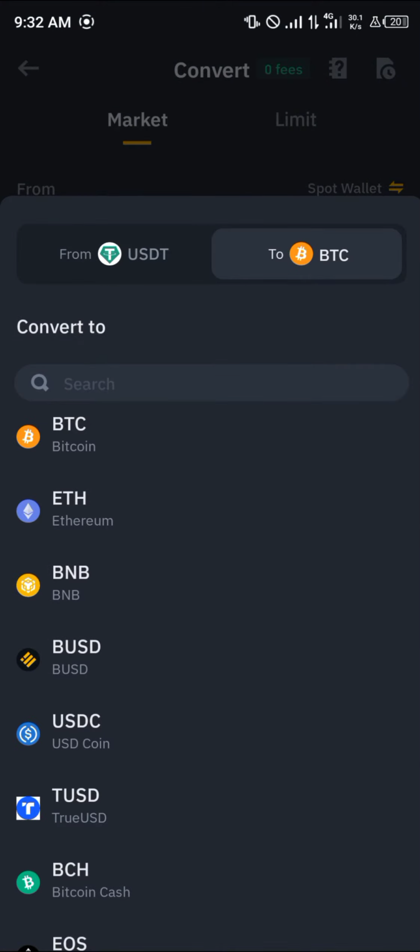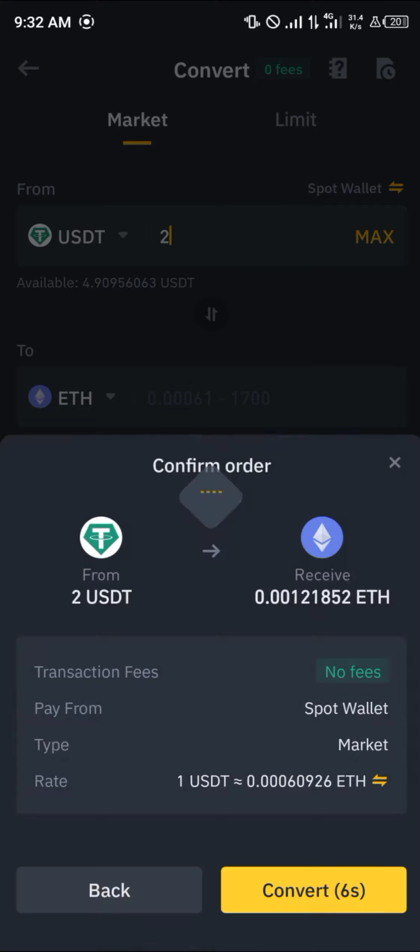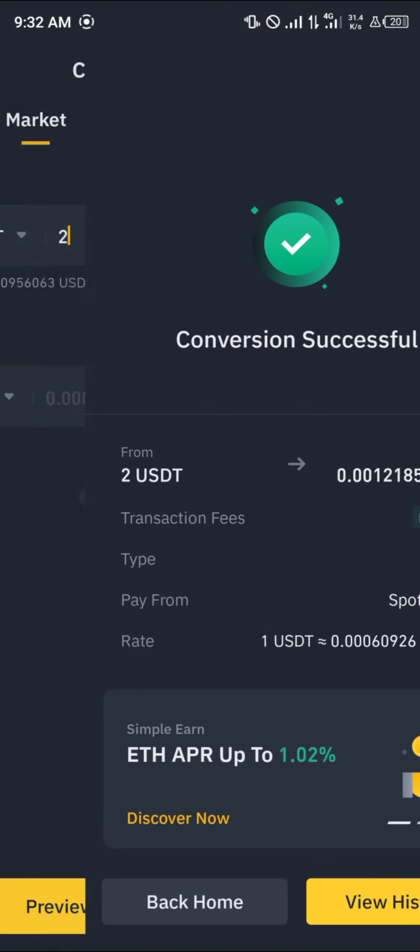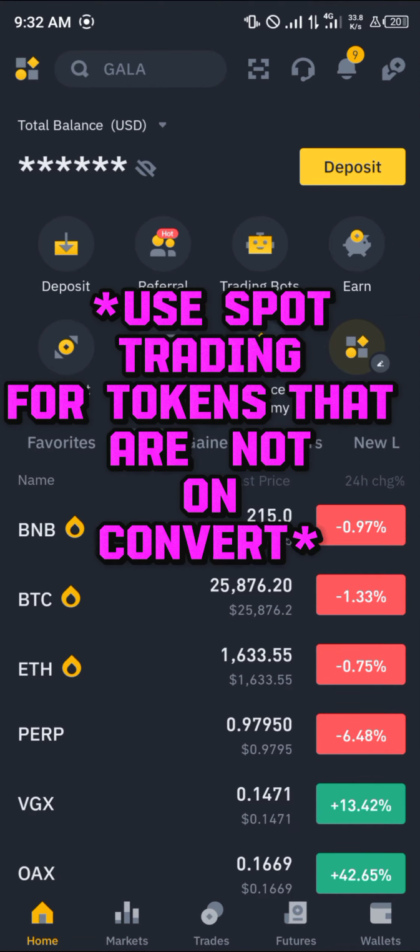Let's say I want some Ethereum, $2 worth of Ethereum. Click on preview conversion and simply click on convert. And now it's done. Another method of getting this token, the Ethereum, or any other cryptocurrency asset that isn't on